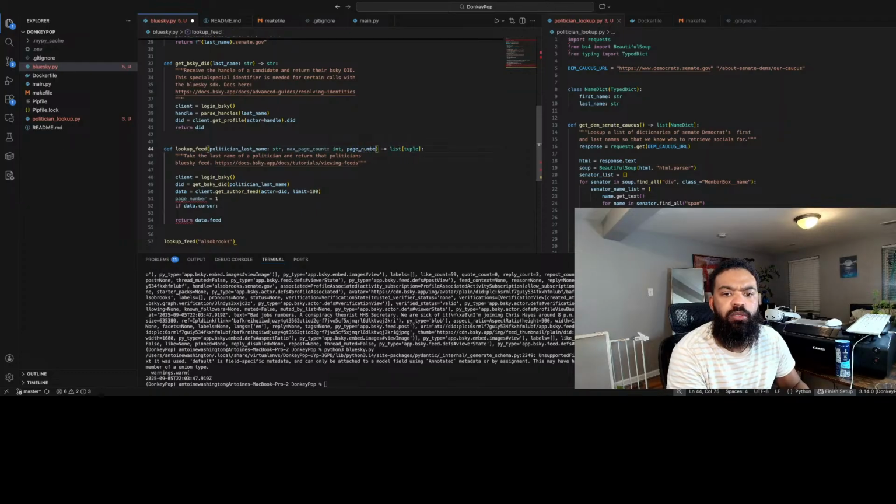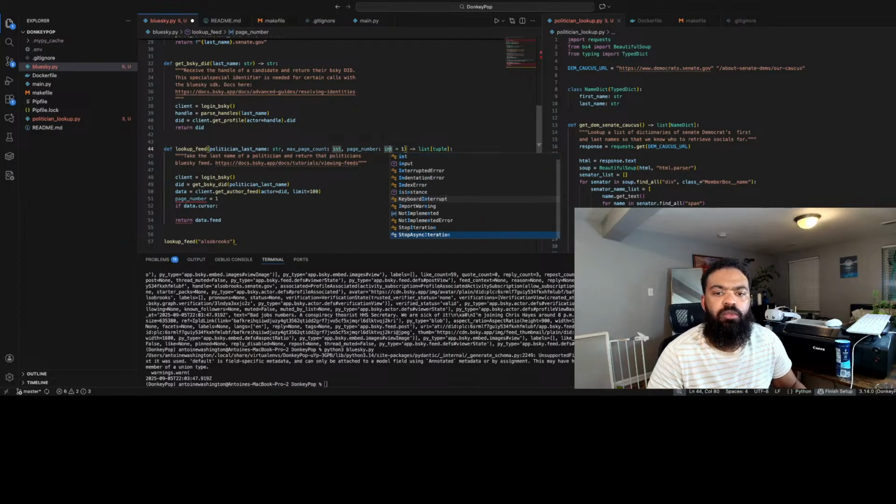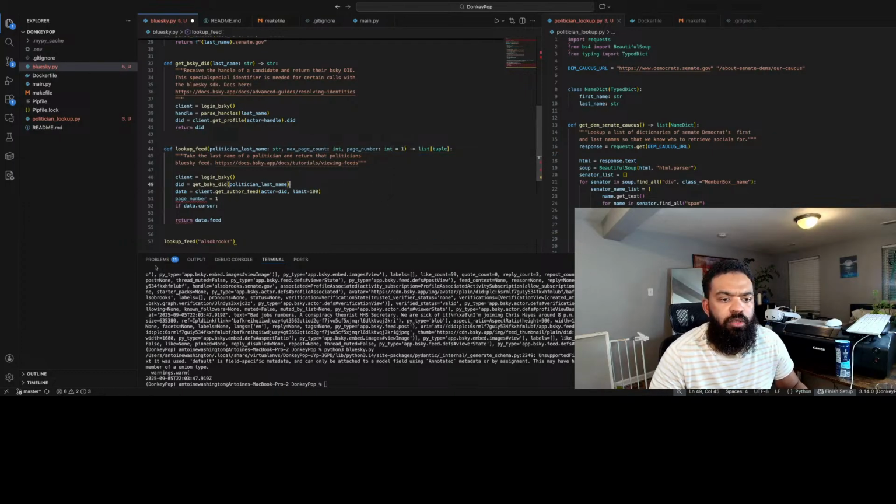Page number equals 1. Page number int equals 1. Okay, we can get rid of this.